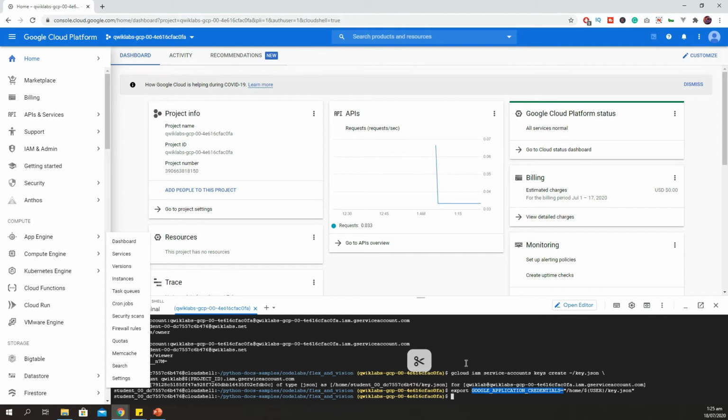So that's why I am creating this environment variable to help us in our future commands. This is the command which we are going to use: export GOOGLE_APPLICATION_CREDENTIALS and then the path of the file. It's done. Perfect.